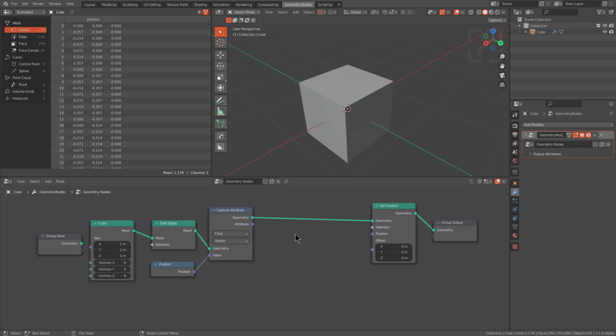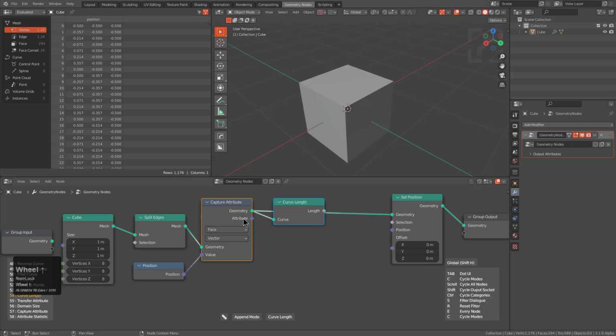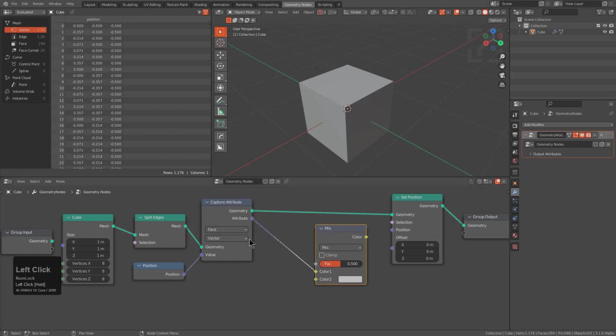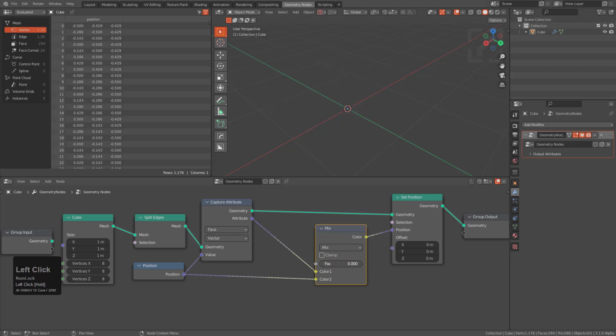So in this particular situation, we're just going to select the capture attribute, and then shift click on cycle node from the Q menu. While holding shift to scroll, we can jump to the second input, and we see that we're now able to scroll and bring in a mix node, which, using mixes to combine vectors, is something that's a little new to me,